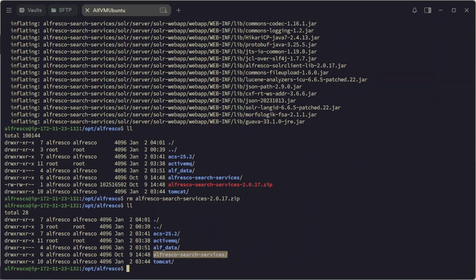Okay, so I got Alfresco Search Services downloaded and unzipped. Now this is another independent application. It has its own server, its own applications. So I'm just going to run it as an additional service. This has nothing to do with whatever is inside Tomcat. It has its own server, its own jar files, libraries, everything. But I have to mention in Alfresco global properties what services I'm going to use, because at this moment,